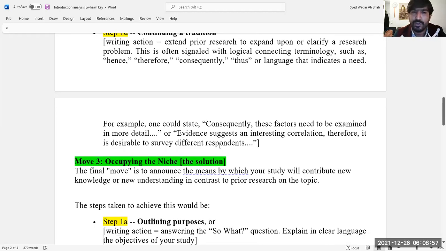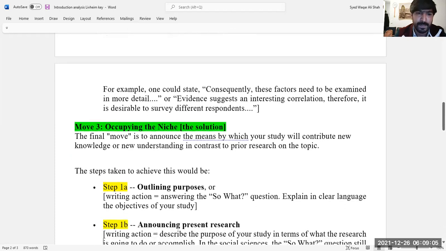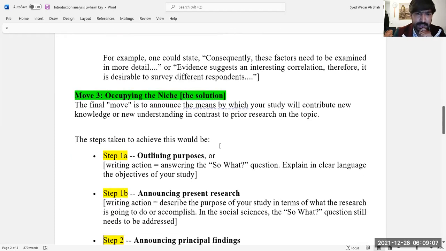So now what are you going to do? What is your role now? What is your research? What is your study going to do? This has to be part of your introduction. This is where John Swales proposes that it is about announcing your study. You're announcing your study, and you are going to tell what your research is about, okay, and